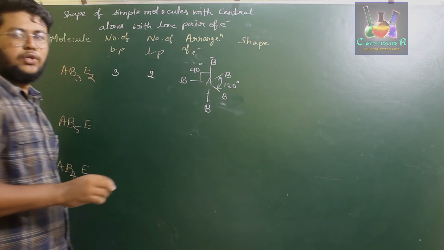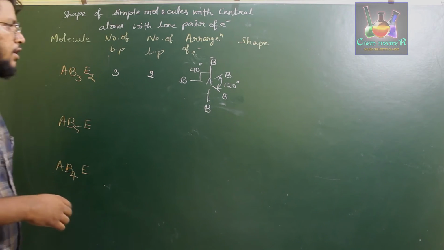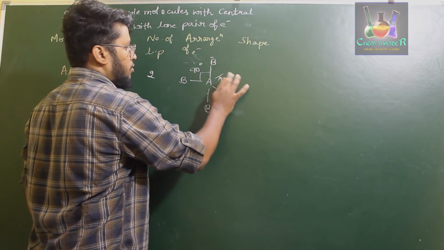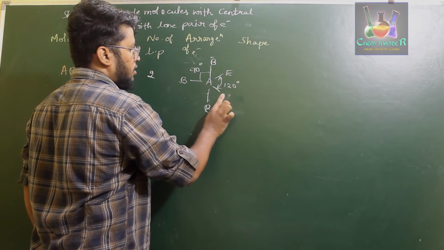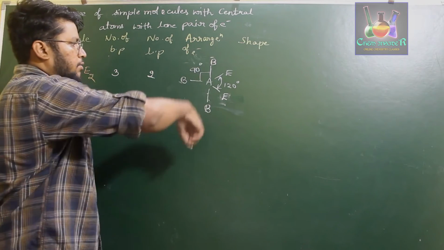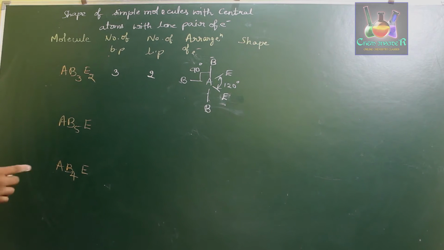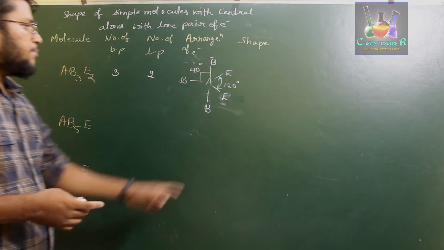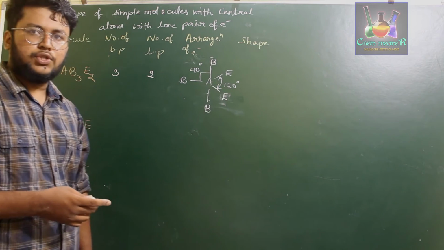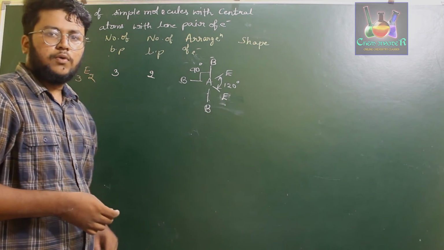Therefore, since we know lone pairs of electrons should be placed as far away from each other as possible, the lone pairs of electrons will be placed at this particular position instead of the axial position. Axial is nothing but the vertical positions. Okay. Instead of replacing the bonding pair electrons by lone pairs of electrons at the axial position, since the bond angle in this particular equatorial position is 120 degree, lone pairs of electrons will be present at the equatorial position.